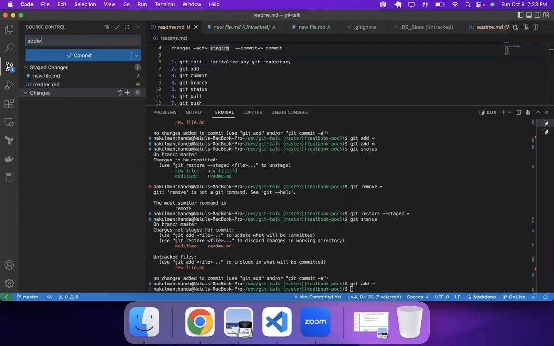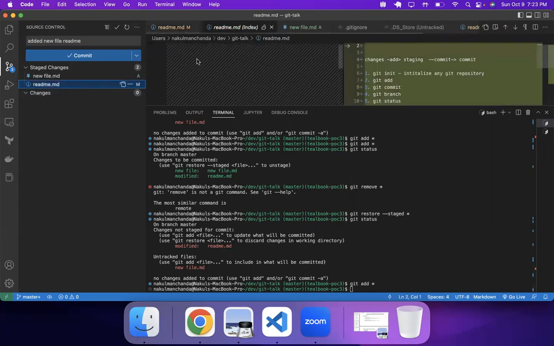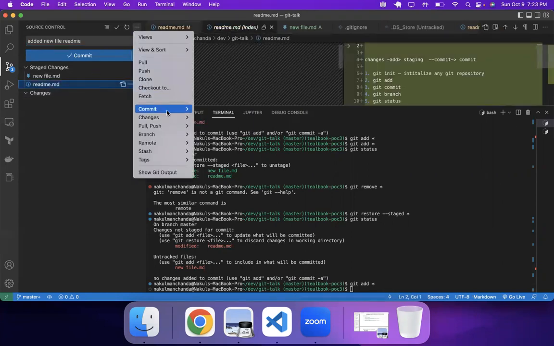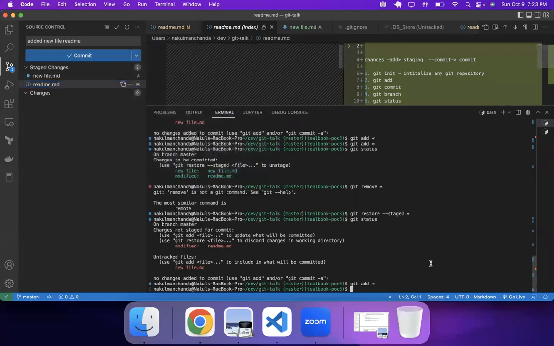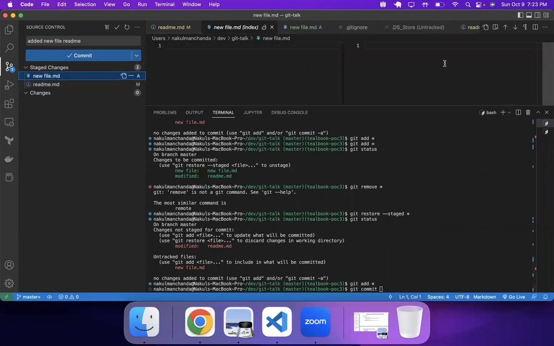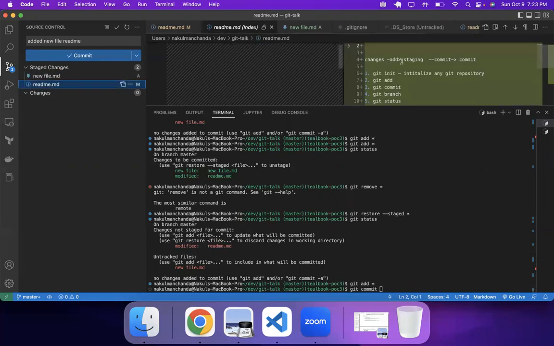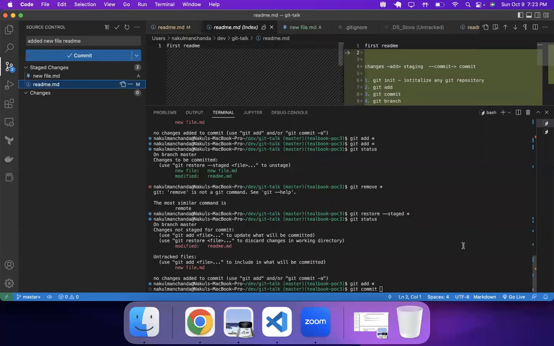So, added new file readme or something like that, and of course we can use command line. That's available everywhere. There is git. You don't need these editors, but these are helpful. You can see what changes we are doing. There's an empty file. This one has these changes. So git commit, and if you do -m, you can write